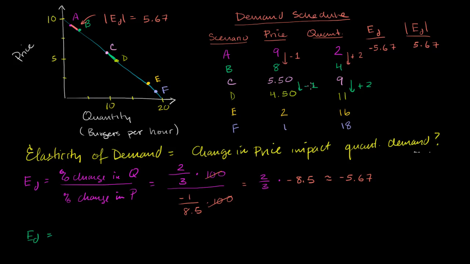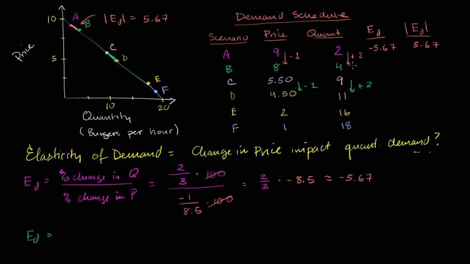But we'll see, even though the change in quantity is the same and the change in price is the same, we're going to have a different elasticity of demand because we have different starting points. Our starting points and our ending points for price are lower, and our starting and ending points for quantity are higher. So it'll actually change the percentage.